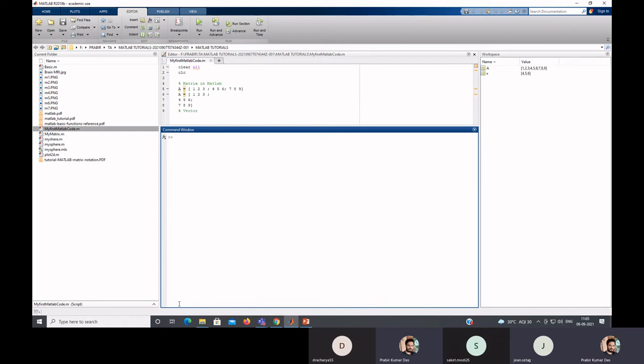So this is one, and this is another matrix. And what is matrix A? This is matrix A. Now, what is the size of this B? Size of this B is 3 cross 2, and A is 3 by 3. So if we want to multiply these two matrices,